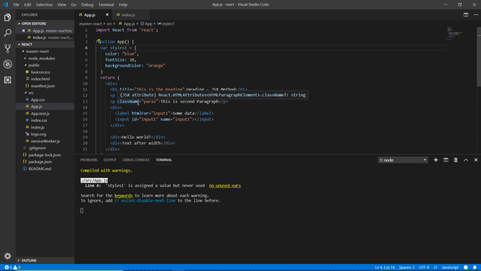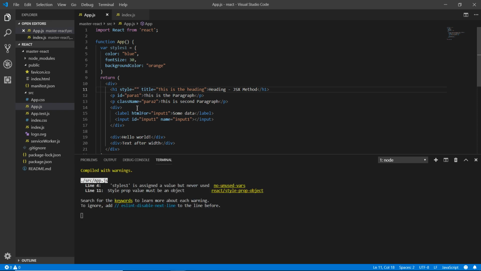Now I'm applying these styles here to the heading. Okay, I'm gonna apply this to the heading. Now the style attribute, and the way of writing an attribute like that. And now I'm gonna use one more technique, and I'm gonna teach you that technique later, the curly braces. And inside the curly braces, as you know, we can apply a JavaScript expression. So I'm using the style